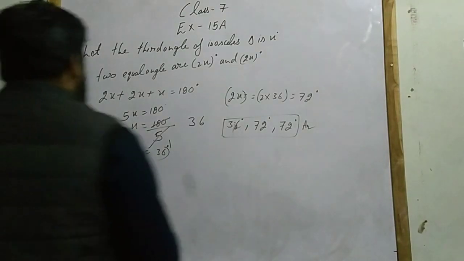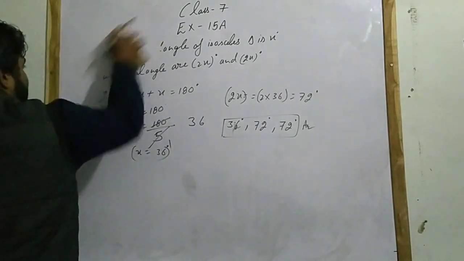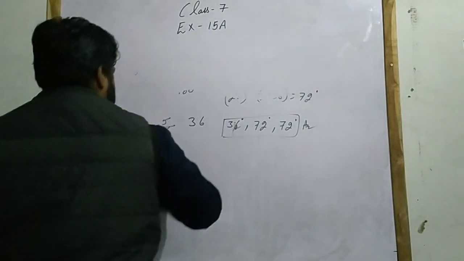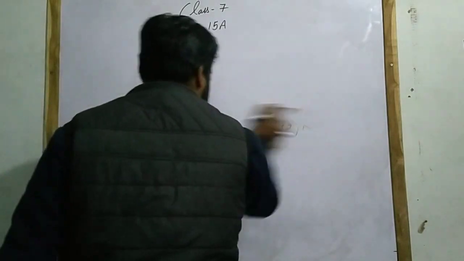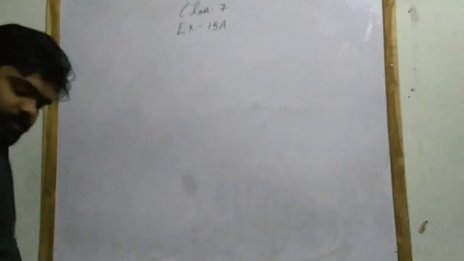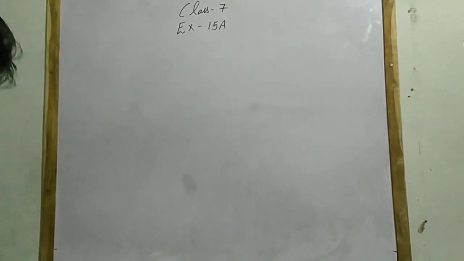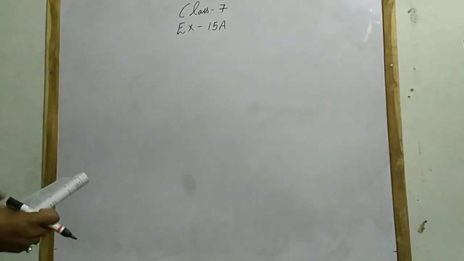Now question number 9. Question number 9 is, if one angle of a triangle is equal to the sum of the other two, show that the triangle is right angled. Hint has been given, angle A equals to angle B plus C. Okay, so question number 9, suppose